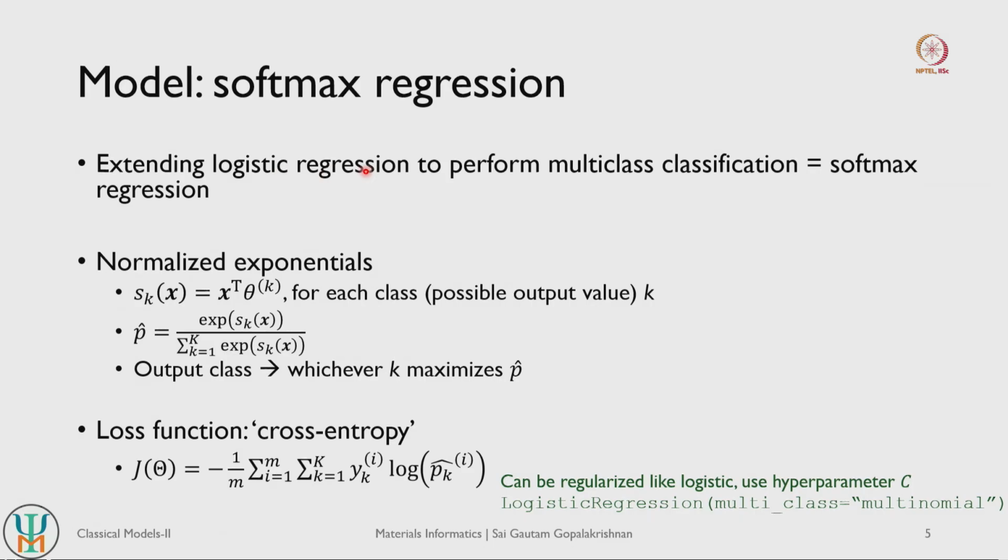So recollect that logistic regression is a classification model, and as used it can only do a binary classification. So you can either output a true or false, so 0 or 1, right. So in multi-class classification you can output one of several values for any given data point. So you can output either 0, 1, 2, 3, 4 and so on.